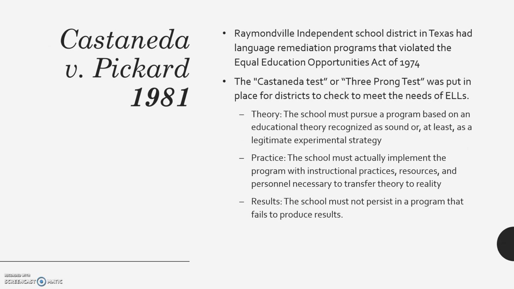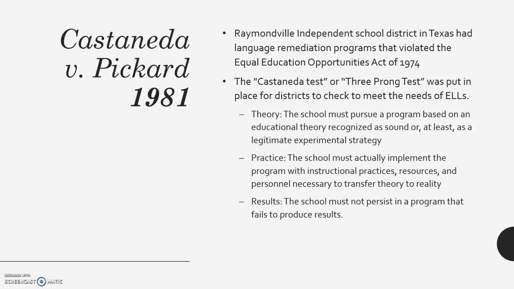Castaneda versus Picard, 1981. Raymondville Independent School District of Texas had language remediation programs that violated the Equal Education Opportunities Act of 1974. Because of this, the Castaneda test, or the three-pronged test, was put in place for districts to check that they meet the needs of ELLs, or English language learners. And these three